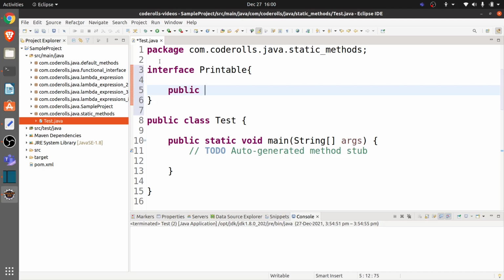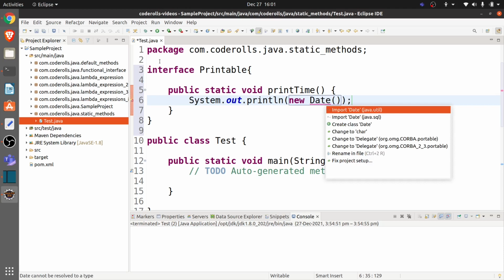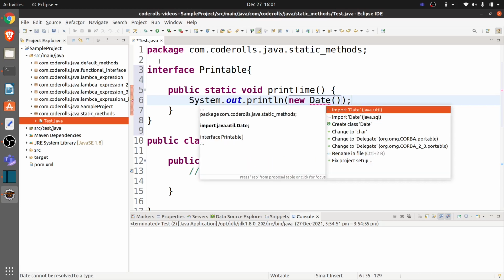Public static void, and let's say I will give it a name printTime. So I will be simply printing the current time, and I will add a sysout statement, new Date. Let me import the Date, java.util.Date. Okay,